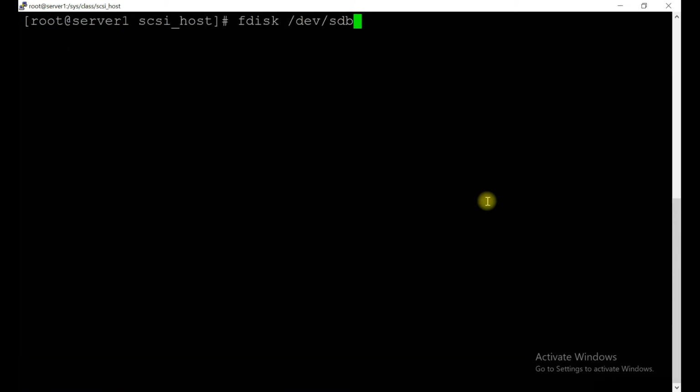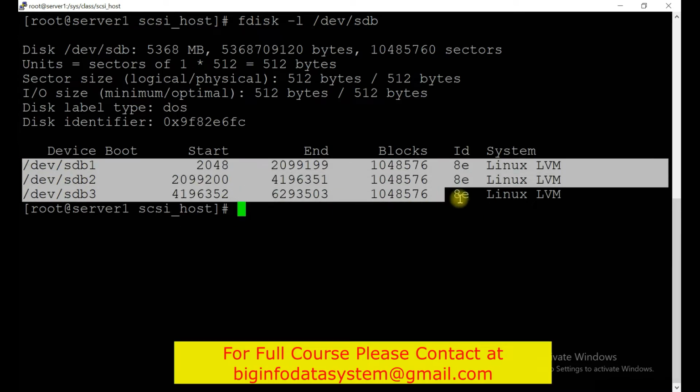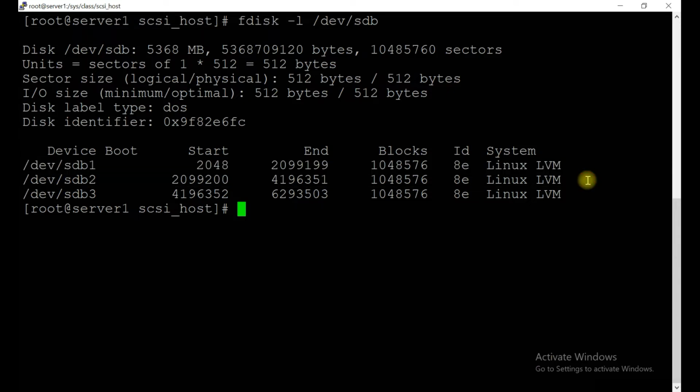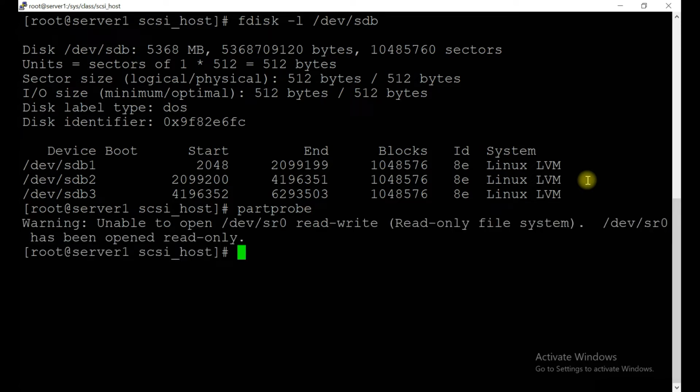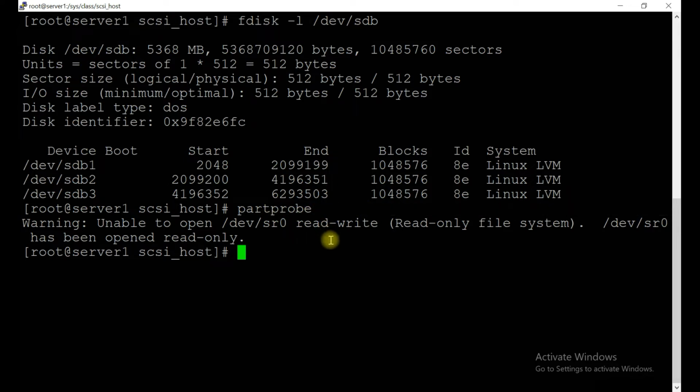Clear the screen. Let's see the partitions, whether we have them listed. Yes, we have 3 partitions which are all 1 GB. Initially we will only use 2 partitions. Let's first of all run the command partprobe, because if you don't run it, it won't sync to the disk. You can ignore this because it's related to the CD. Basically you need to specify the partition name, but I haven't specified it, so it has taken all.